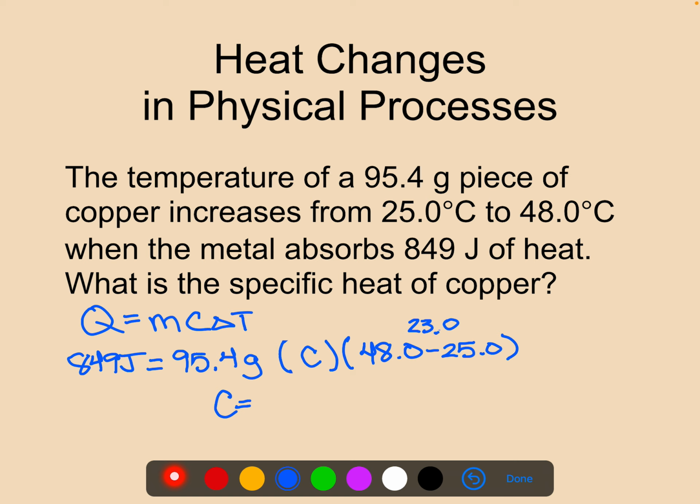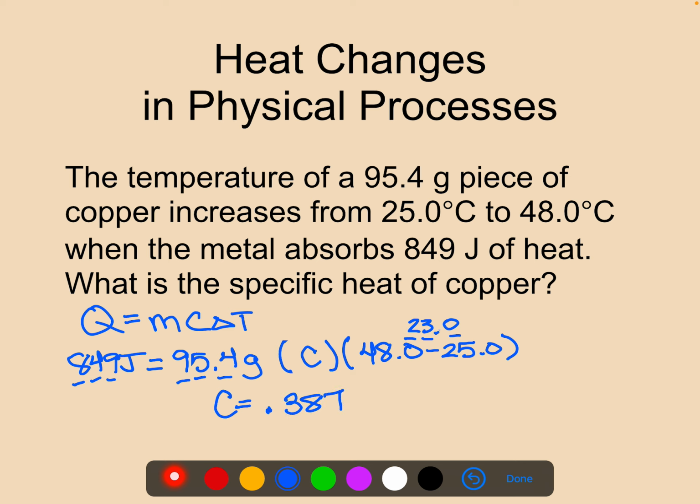And in terms of sig figs, pay attention to how many sig figs the non-constants have. So like our Q value here had 3. Our mass had 3, and our temperature also had 3, because whenever you subtract, it goes by the least number of decimal places. So this would end up being